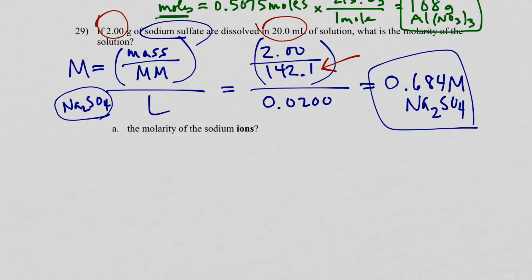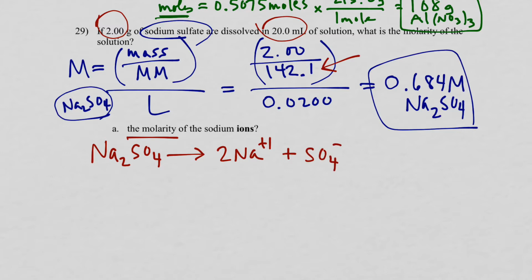On to letter A, the molarity of sodium ions. So it means based on the previous problem. So this is one where you have to think about the dissociation equation. Now, whether you write the full dissociation equation or not is up to you, because the question only asks for the molarity. But I'm going to show the dissociation equation just to make sure that you understand where this is coming from. So this is saying that if the molarity of sodium sulfate is 0.684 molarity, again from the previous